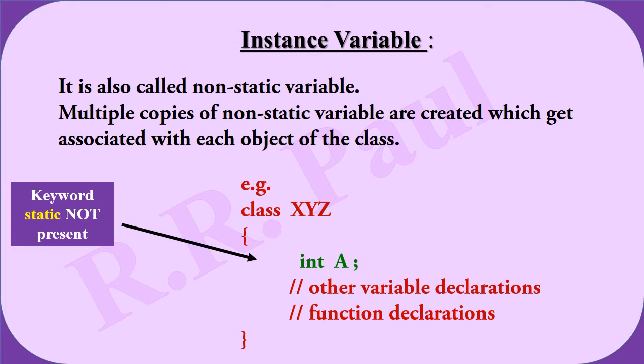A class is given, class XYZ, which has a data member which is non-static, integer type A. As it is non-static, this A variable will be called an instance variable. And when we create multiple objects, then this particular variable will get connected to each of those objects of the class XYZ. This way, we can maintain multiple copies of the same data member, integer type A, in RAM, which is done through different objects.